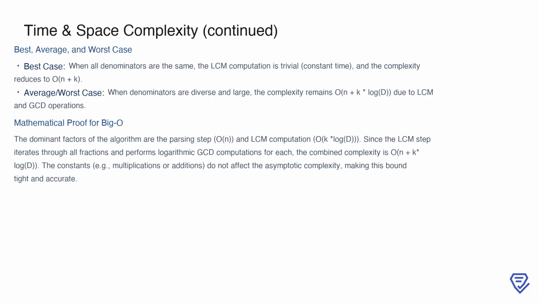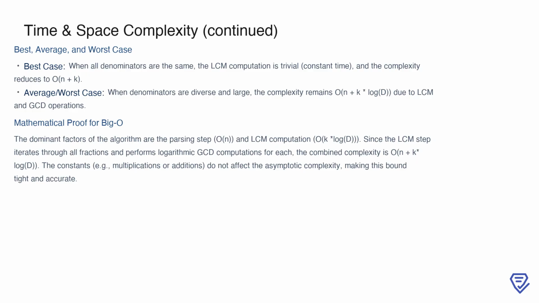For the average and worst case scenarios, where the denominators are diverse and potentially large, the complexity remains O(n + k * log d), as determined by the LCM and GCD computations. To provide a mathematical justification for this big O bound, we note that the parsing step contributes O(n), and the LCM computation contributes O(k * log d). Since the LCM step iterates through all fractions and performs logarithmic GCD operations for each, these are the dominant factors. Constants, such as those from multiplications or additions, do not affect the asymptotic complexity, confirming that this bound is both